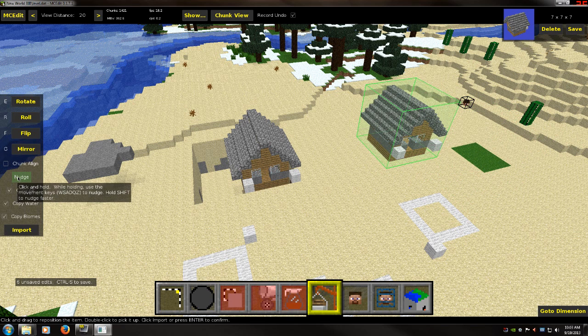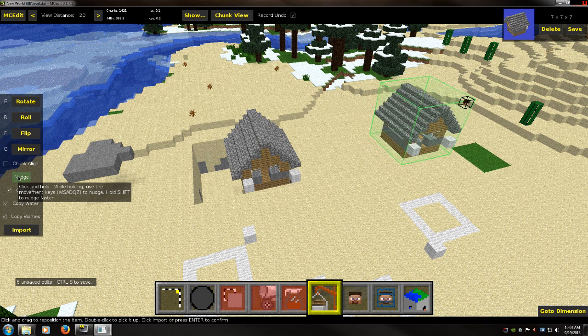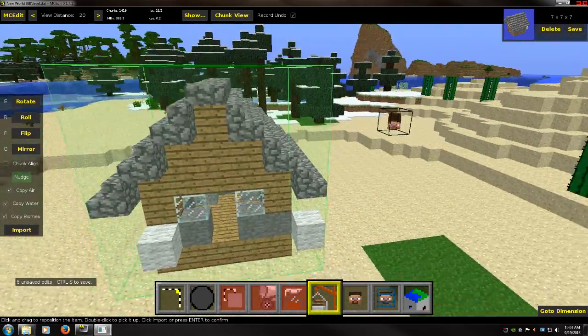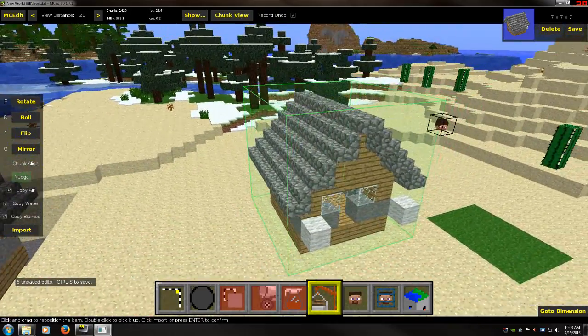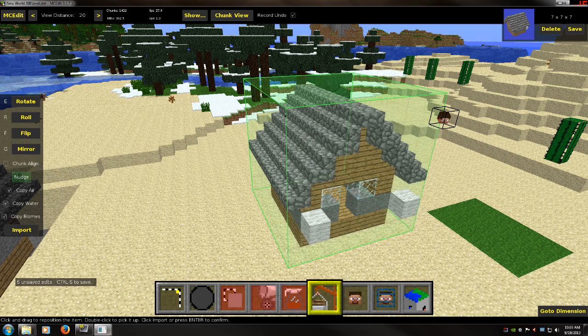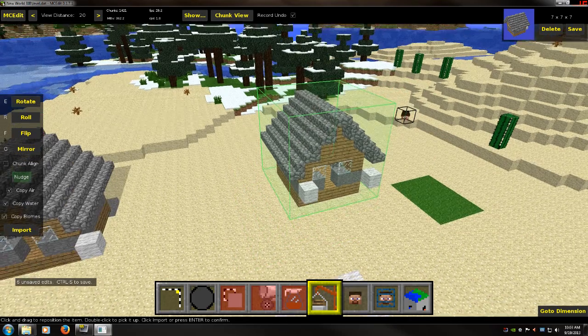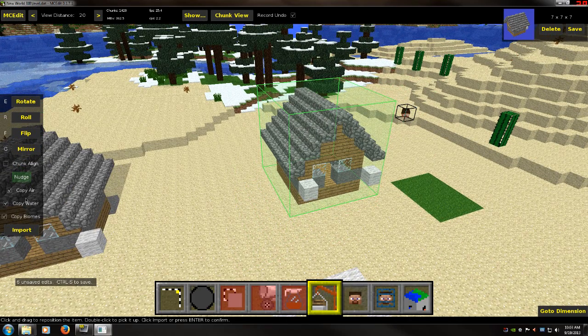Remember, you have a nudge key over here now too, and this works the same way. WASD, Q, and Z to place it wherever you want. Your schematics have air blocks. They have water blocks and then all the other blocks within this schematic. So when you copy this in, you'll have several different options over here of what you want to have copied